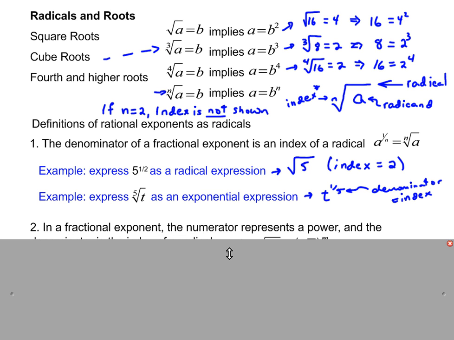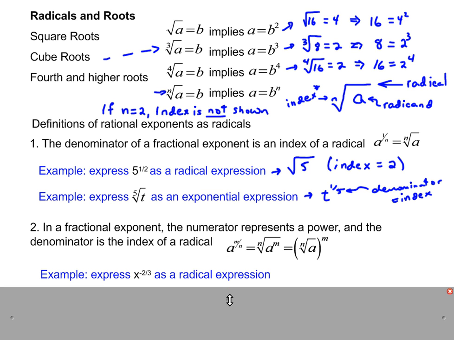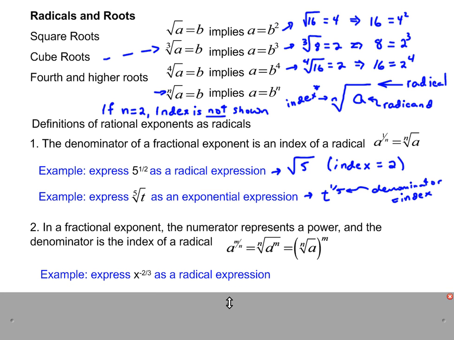Now, of course, if we have a fractional exponent, we can use this rule. It says if we have a fraction where the numerator is something other than 1, then we have the nth root of the number a to the mth power. But we can also express that as the nth root of a, and that quantity raised to the mth power. All right? So for example, if I wanted to express x to the negative 2/3 as a radical expression right here,